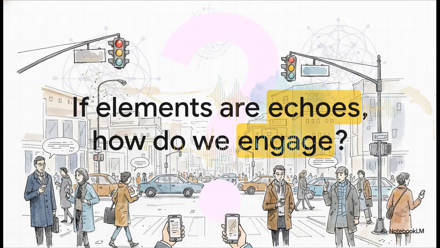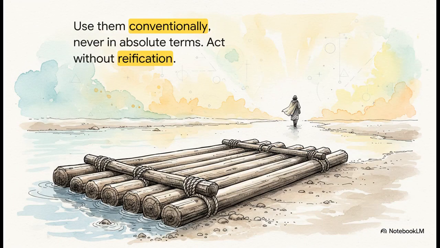Because at the end of the day, philosophy is really only as good as its application. This brings us to the final psychological shift, the ultimate practical question for us as scholars returning to the conventional world. When we step away from the texts, how do we actually navigate traffic, hold conversations, and engage with the material world if everything is just an echo? Step 10 gives us the answer. We use them conventionally, but never in absolute terms. We utilize these elemental models as functional tools. It's about acting without acting, engaging passionately with reality without being crushed by the weight of absolute extremes.